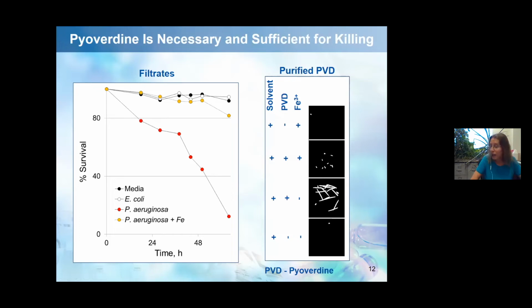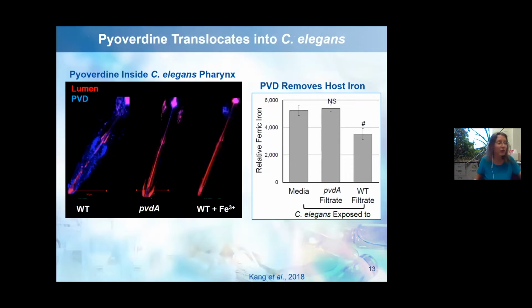Pyrogen is an iron chelator. It can deplete iron in the media. However, we thought that just by altering media composition, it's not likely to kill worms in this time frame. So we hypothesized that pyrogen has to be getting inside of the host and interfering with host iron rather than iron in the media. Luckily for us, it is fluorescent, and it's fluorescent in a near DAPI channel.